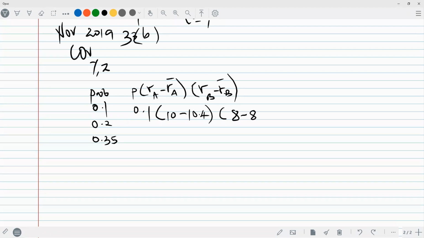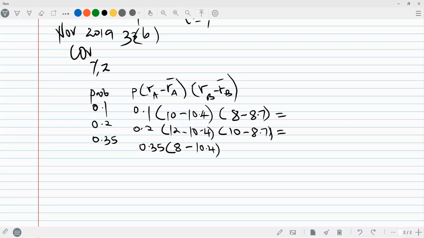8.7. Okay, the next set of outcome is 0.2 probability times the return for Y, 12 minus the mean 10.4. The return for Z at that point is 10 minus 8.7. Okay, 0.35. The return is 8 minus mean return 10.4. The return for Z at that point is 7 minus the mean return 8.7, all the way until the last one, 0.05,